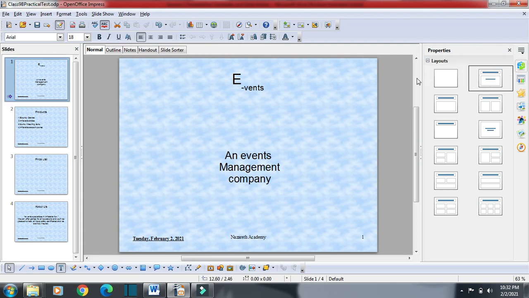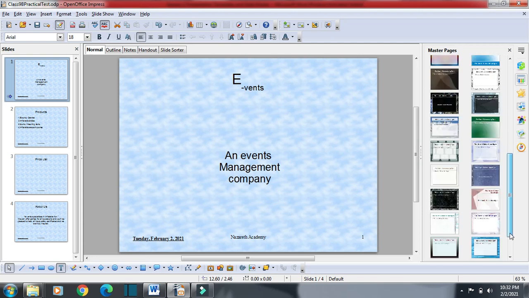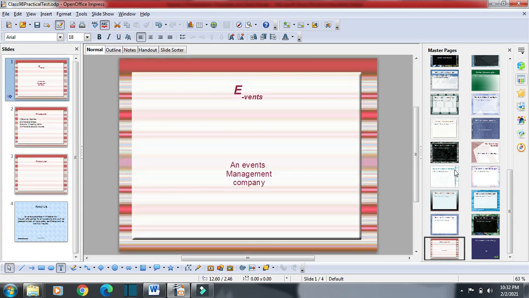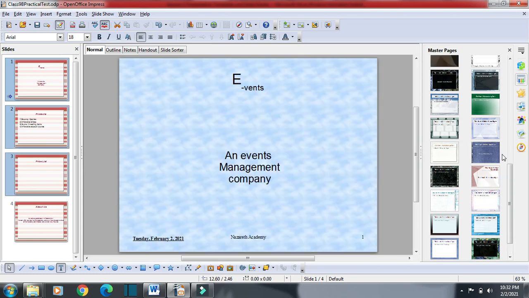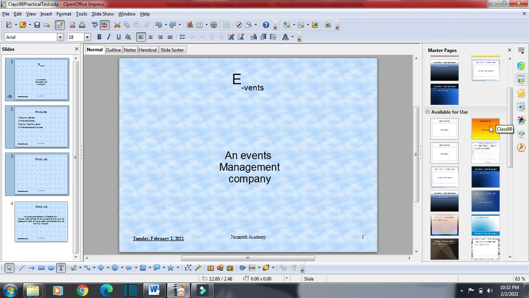This is task pane, and from here I will click on masters pages. So all the masters pages will be visible. These are all available for use. Okay, some of these are pre-formatted, pre-installed by the company, or I have saved some also. For example, this one class 9B is saved by me.